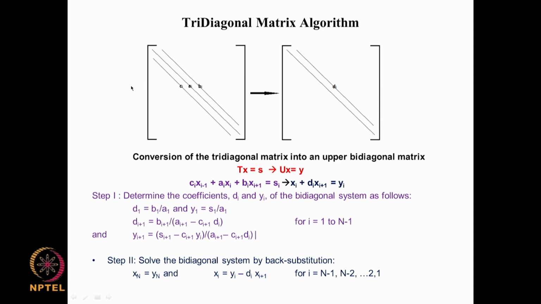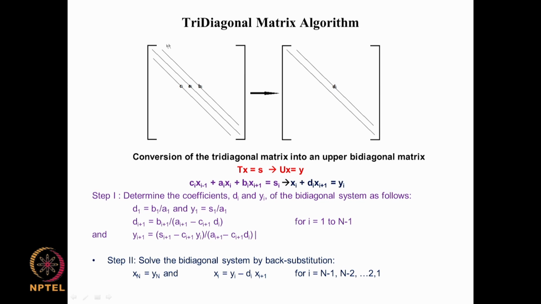So if you take any row here and multiply by x, you have an equation like Ci xi minus 1 plus Ai xi plus Bi xi plus 1 equal to Si. This is the equation that we get from, for example, the one dimensional Laplace equation or a Poisson equation discretized using central differences. We get an equation of this particular form, and what we do in the TDMA is